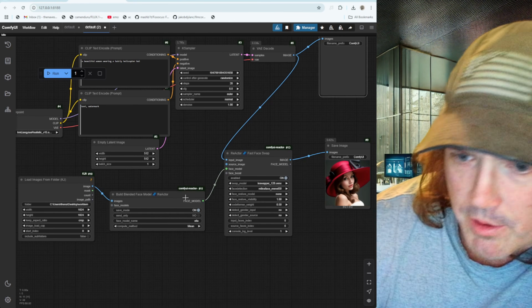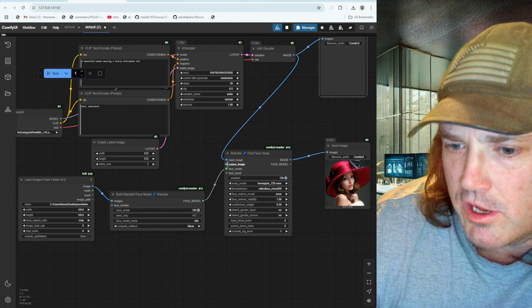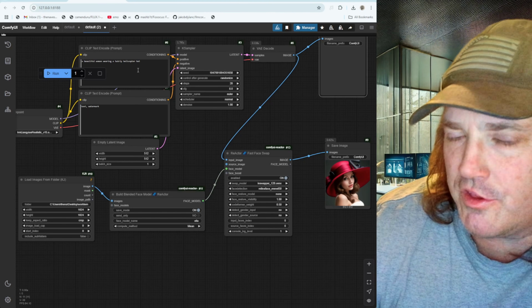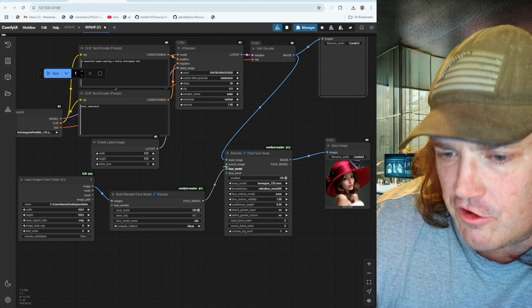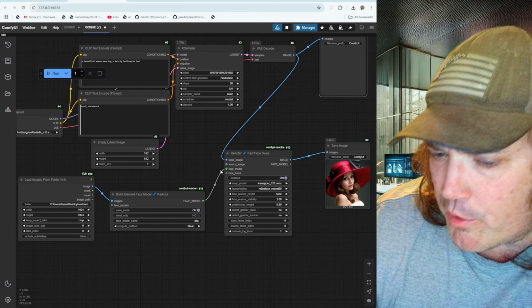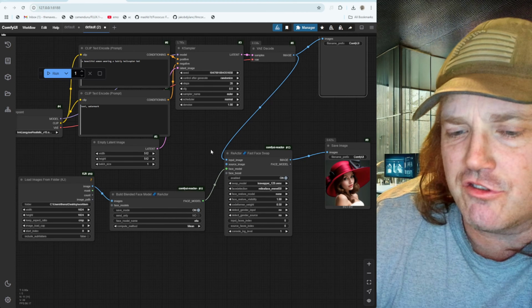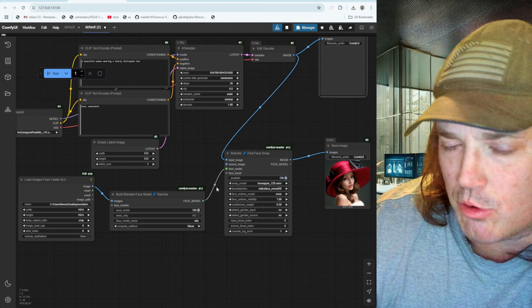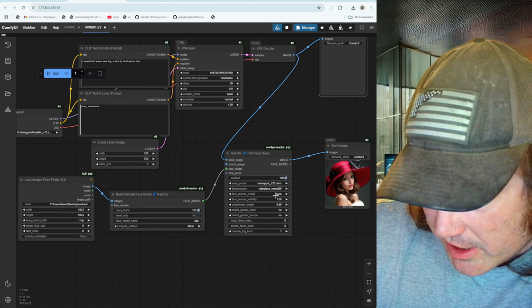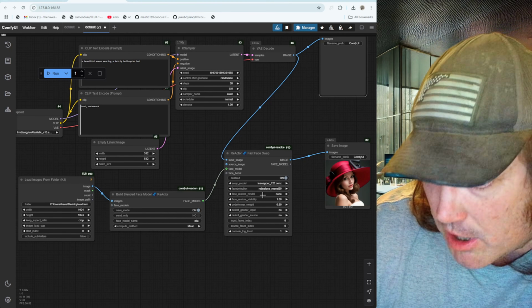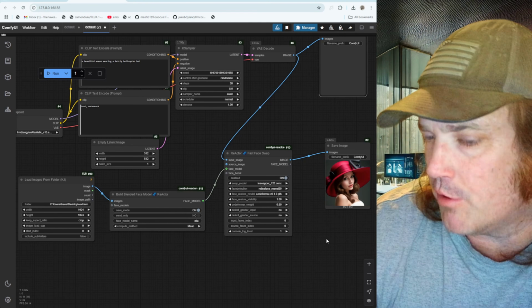Okay, but then it's going to use that face model as our source. So it's going up here. It creates an image. It's going to put it into here, and then it's going to say use the face model. Now, before when we were doing this, we just loaded an image and put it straight into source. But instead, now we're using face model. Okay, and we've got to make sure that we go down here to face restore model, and we grab our CodeFormer. Okay,